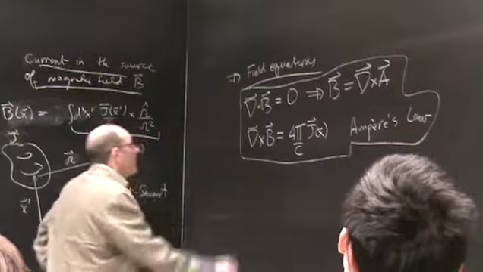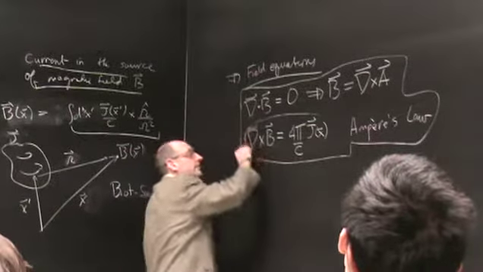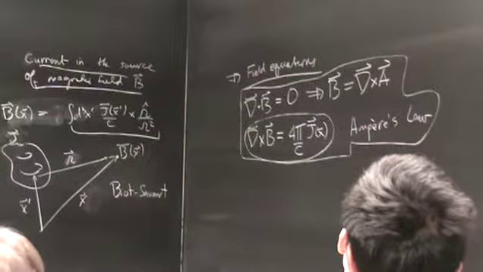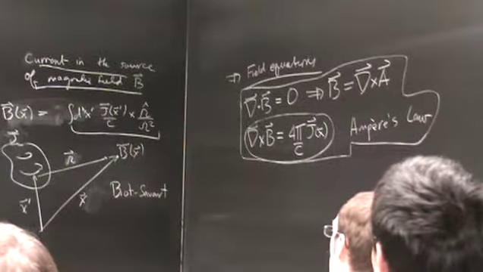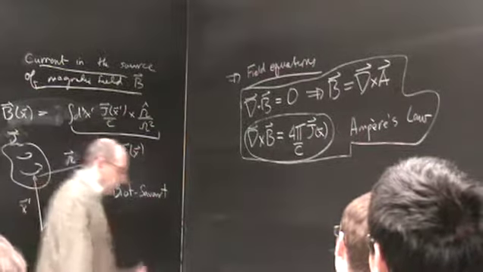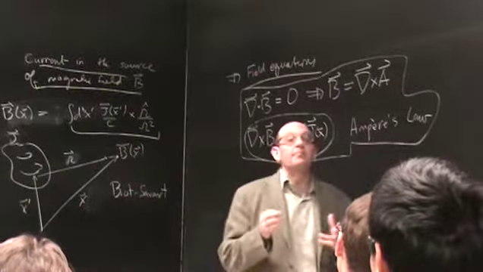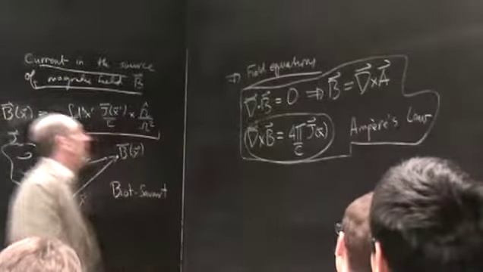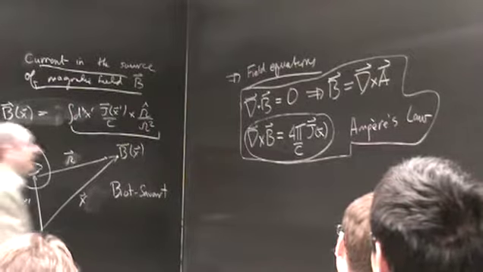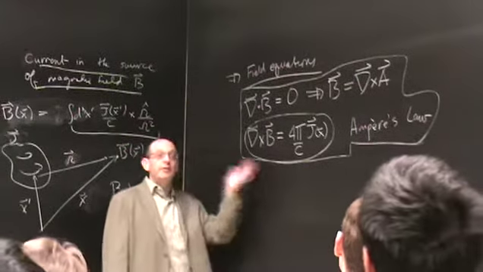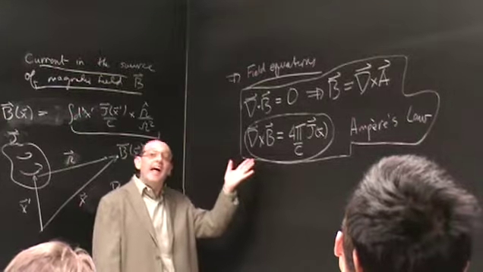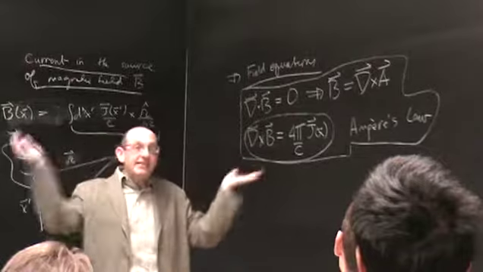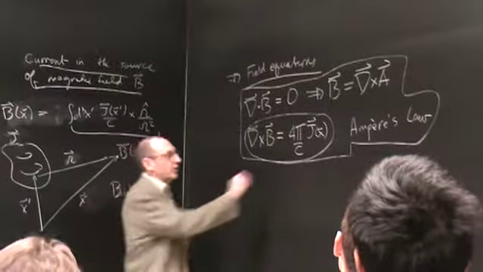So, as in electrostatics, when we have situations that are of high symmetry, we were able to just use Gauss's law to very quickly determine what the electric field is. Analogously, if we have the high symmetry, you know from freshman EM that you can determine the magnetic field instantaneously using the integral form